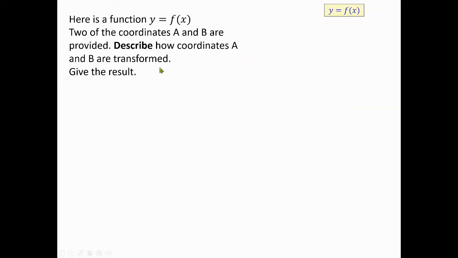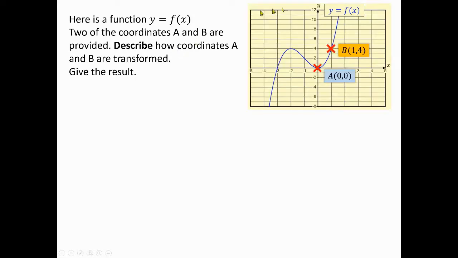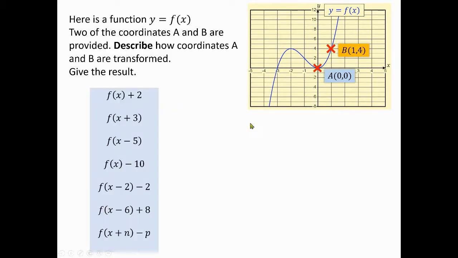Right, here's a function given to you. It's some kind of cubic function, potentially, you can see that. What you're going to do now is pause the video and have a go at 1, 2, 3, 4, 5, 6, 7 questions. And you're going to specifically say what's the transformation, and what happens to coordinate A and coordinate B. I'll do part 1 with you. So part 1 is